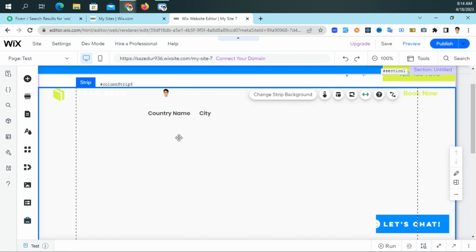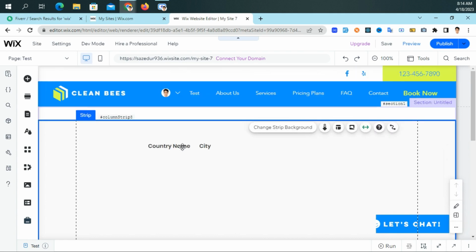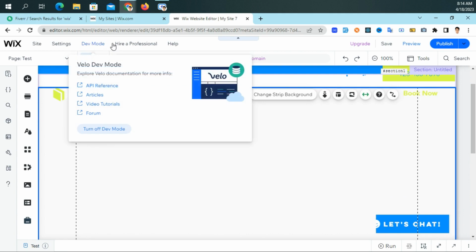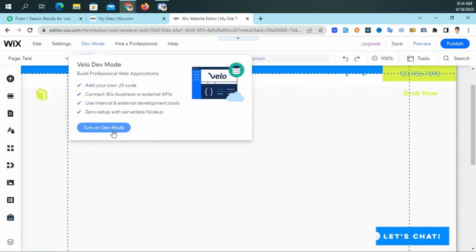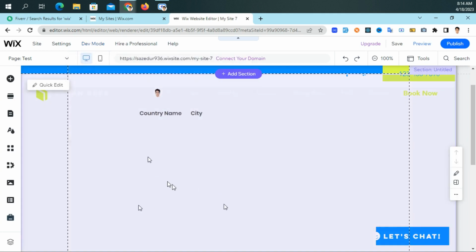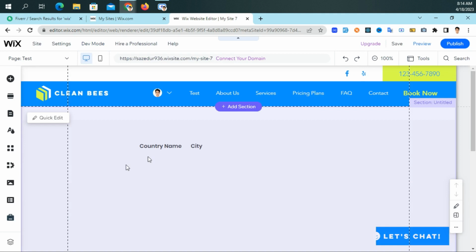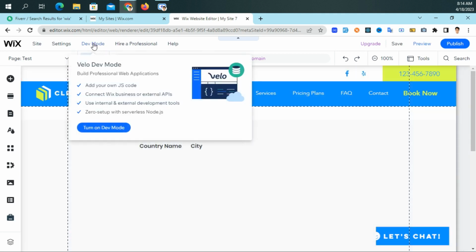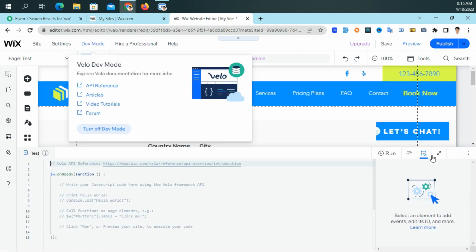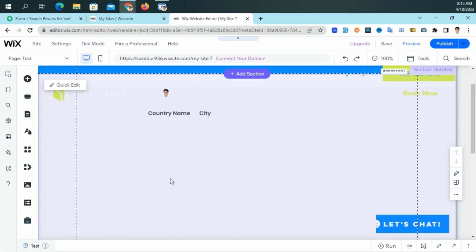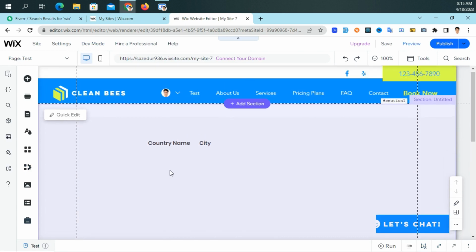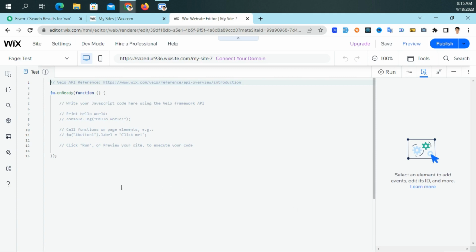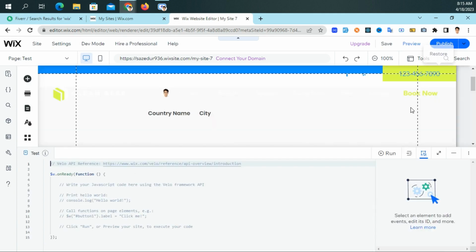So now it is time to add our code. For adding this code, we have to turn on our dev mode option. So mouse over on the dev mode option, then turn on dev mode. Turn on dev mode. Okay, right. After enabling dev mode option, you can see the option to add code. Okay, under the page section,